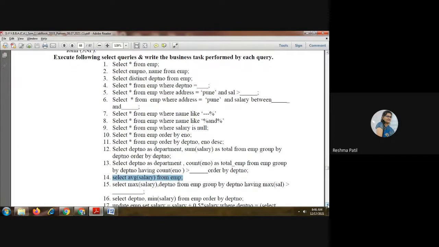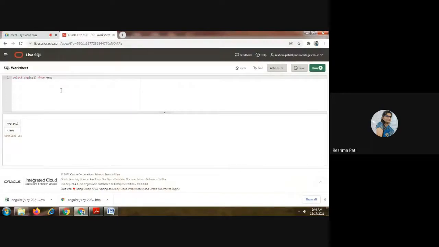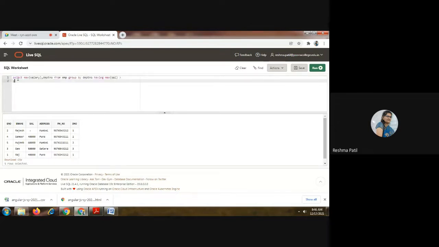Now next is maximum salary. We have to find out the employee whose salary is max. First I will show that table. Whose salary is max? The fifth one, Mujib. We will check other conditions also. Select max of salary. Using this, it will go through the salary column and find the maximum salary, 60,000.